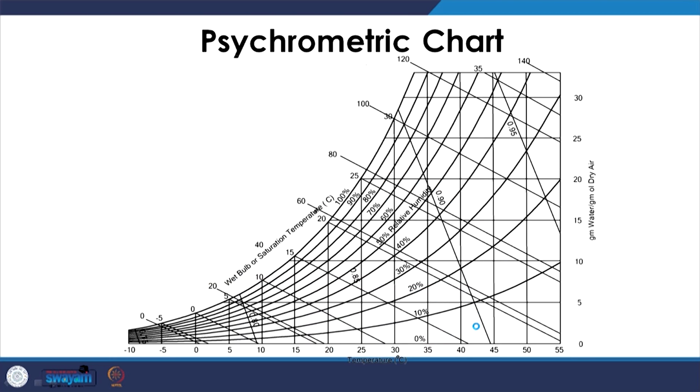Now, these three quantities: one is temperature, which is dry bulb temperature; the wet bulb temperature, which takes into account the humidity; but if we do not have that, then we have the relative humidity percentages. If we know the dry bulb temperature and the relative humidity, we can automatically calculate the wet bulb temperature through the psychrometric chart.